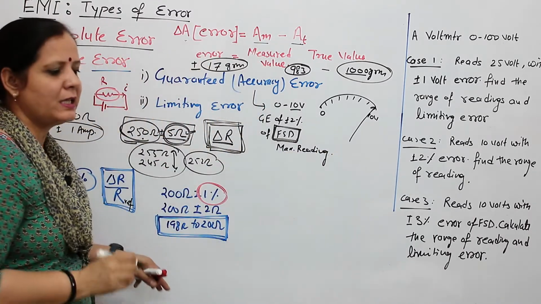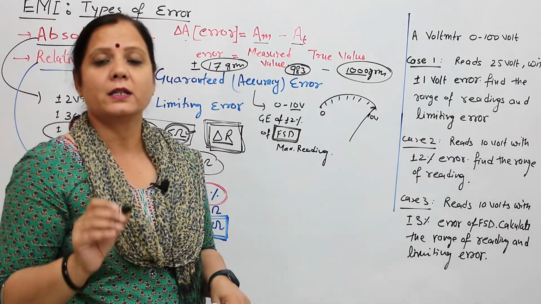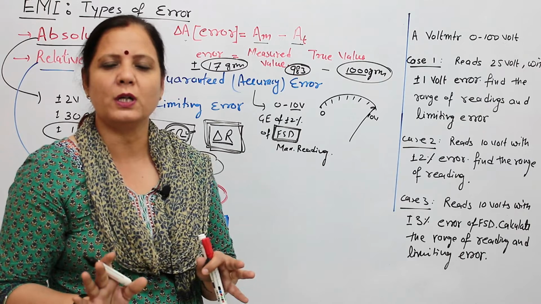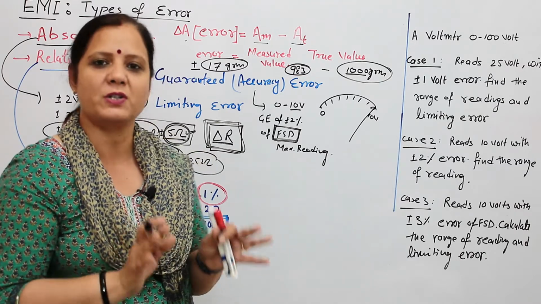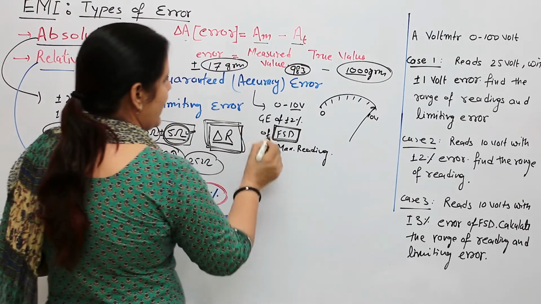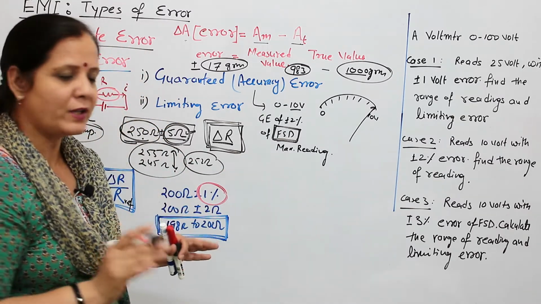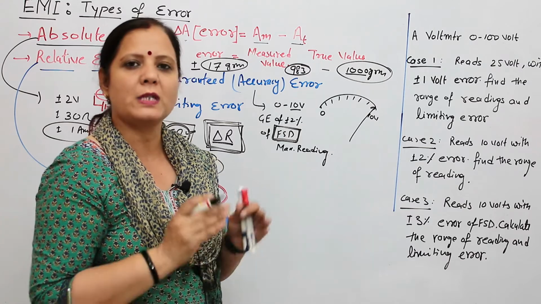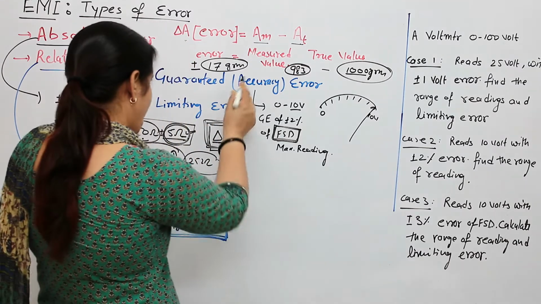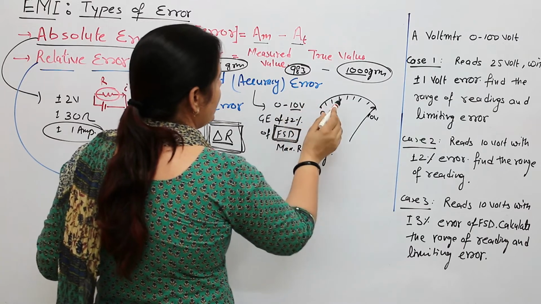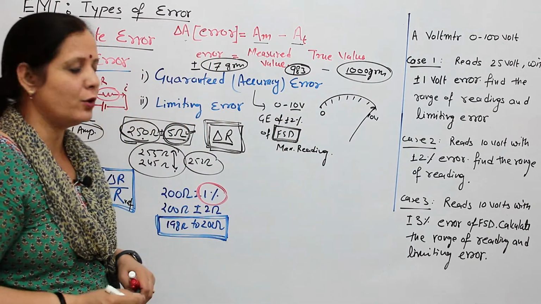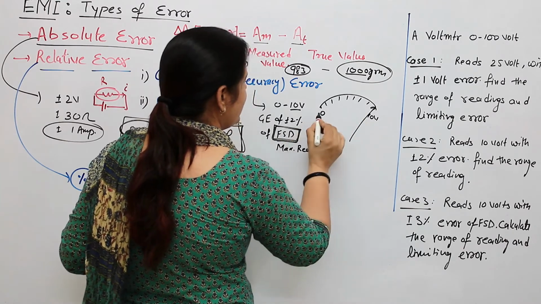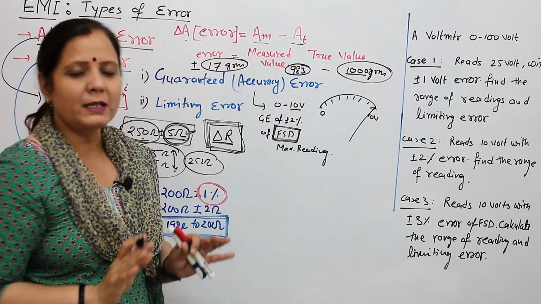If you are having a weighing machine that can measure up to 200 kg, then possible error will be 1% of 200, 2% of 200 or 5% of 200, whatever is mentioned by the manufacturer. This error is generally mentioned by the manufacturer and it will be mentioned in the catalog of the measuring unit when you are going to select or purchase a particular unit. So manufacturer will guarantee you about the error performance of the measuring unit, and it is based on the maximum reading.